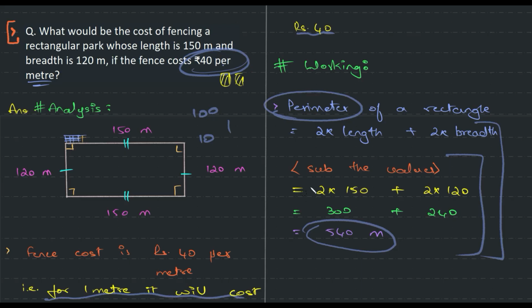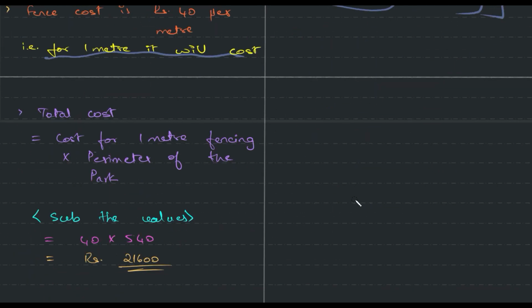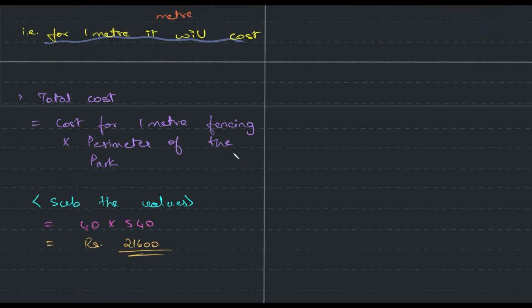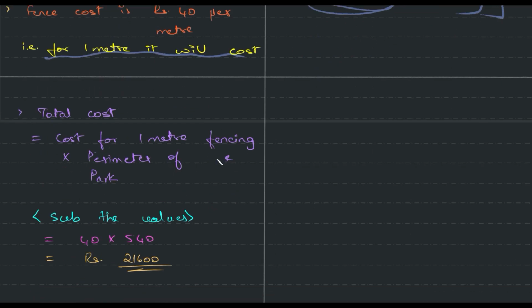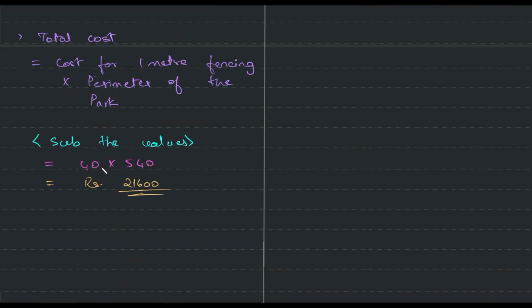We end up with the same answer though. So we found how many items we are buying, that is 540. If one costs 40 rupees, 540 will cost us how much? Something like that, and we end up with the final answer. So let's put a comma to